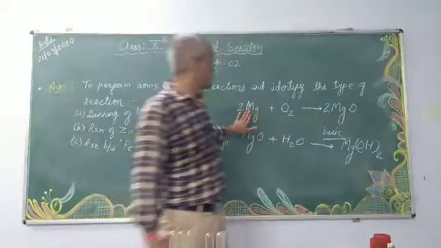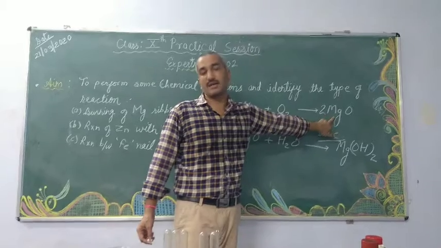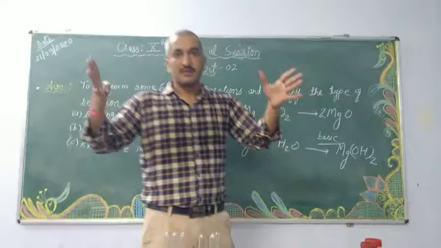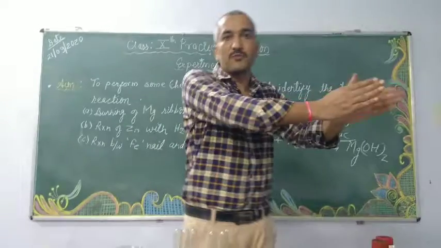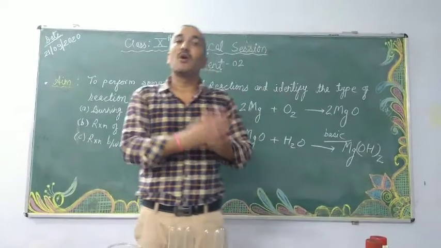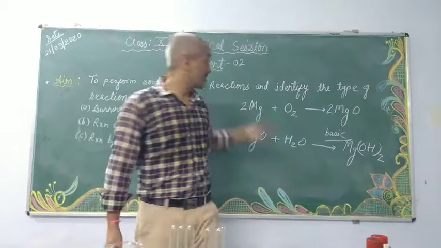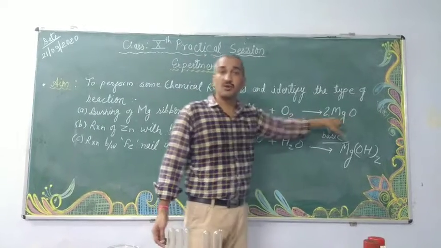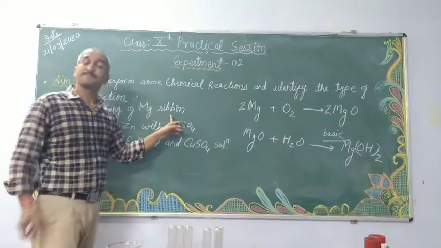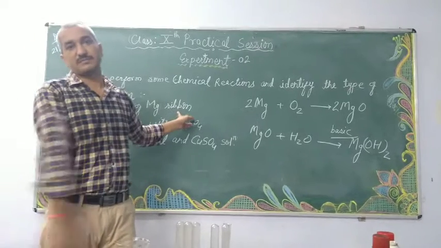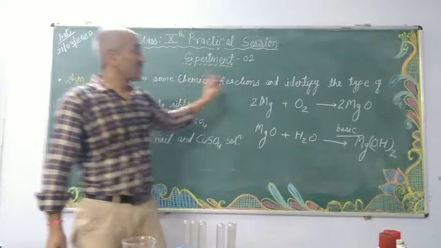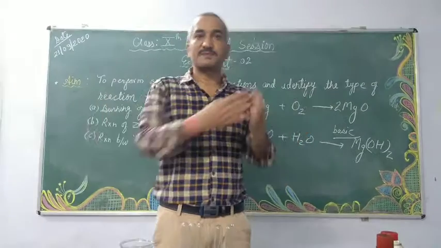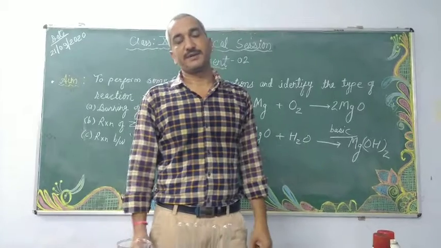what happened actually? Two reactants combine to form a single product. Such kind of reaction in which two substances react with each other and form a single product is called a combination reaction. So yes, a new substance is formed. So this first reaction is a chemical reaction. It is a chemical change. Got it? And what kind of chemical reaction is this? Combination reaction, because two substances are being combined here.